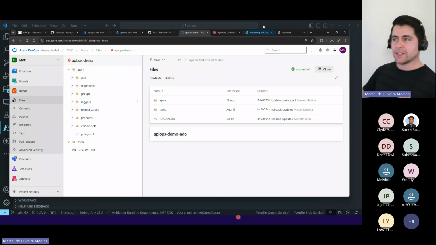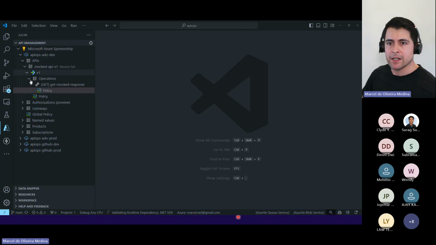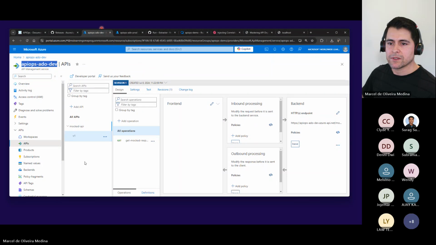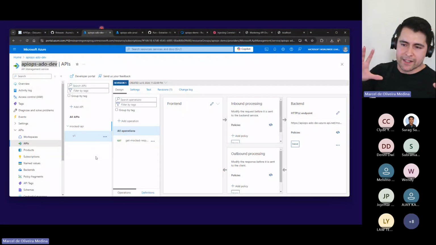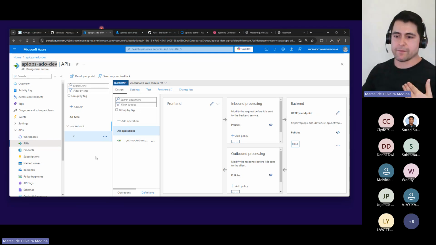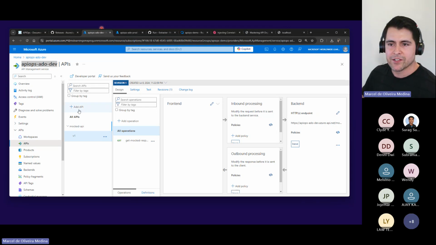The tooling is really powerful in here with the API management extension. I recommend you have a look at that. What I want to do really is go through a scenario, let's do APIOps end to end. I think that's my intent in here. I'm going to create this API. We're going to go through this process of creating a PR and pushing that to different environments. I know we have only a few more minutes, but just bear with me.